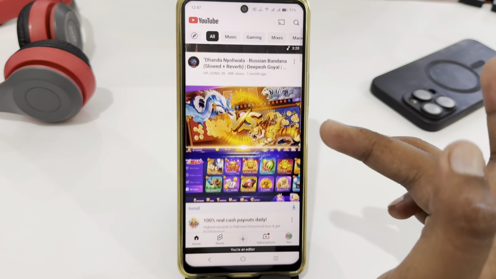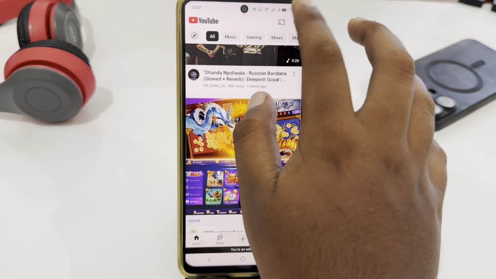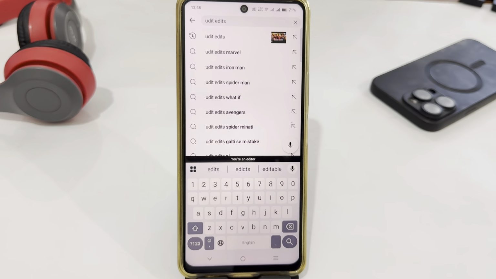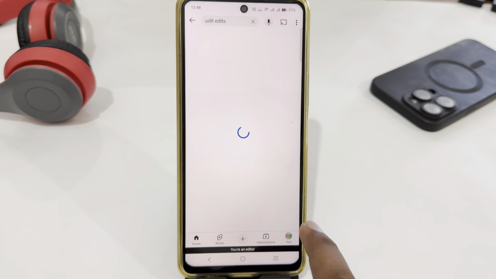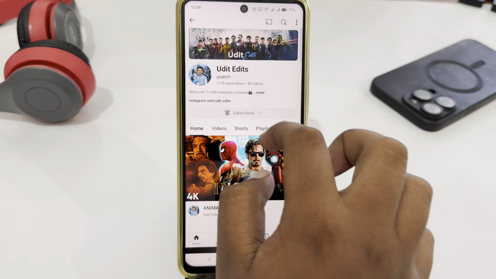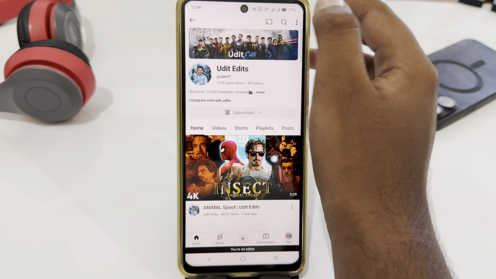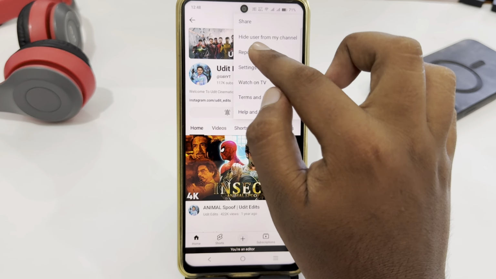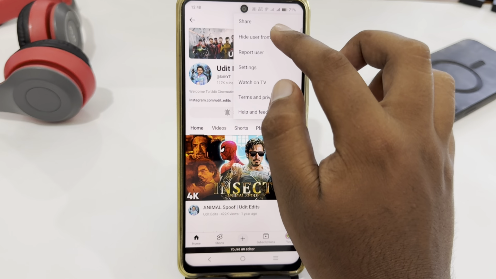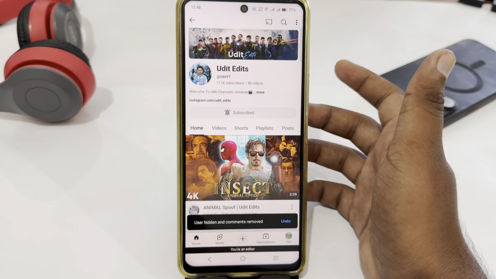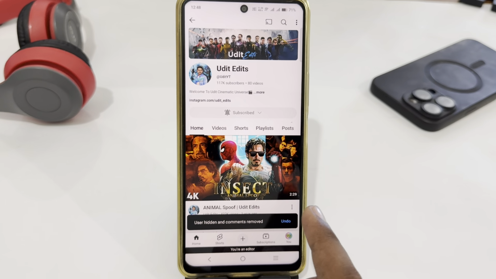If you want to remove a channel, you just have to search for that channel, as I've entered the name of the channel. Now search for it. Here's the channel, just tap on it, and after doing this you have three dots. Just tap on it, and here you have the option of "Hide user from my channel". Just tap on it, and then tap on "Hide user",